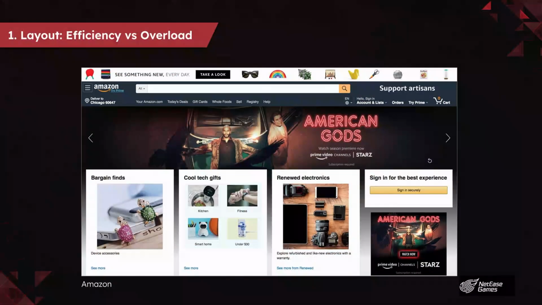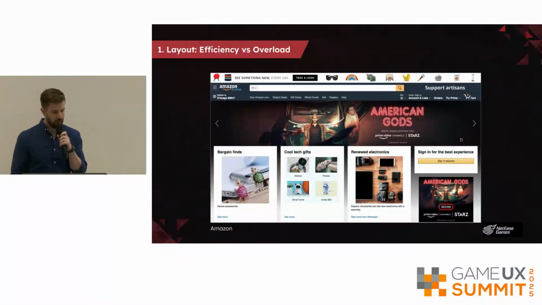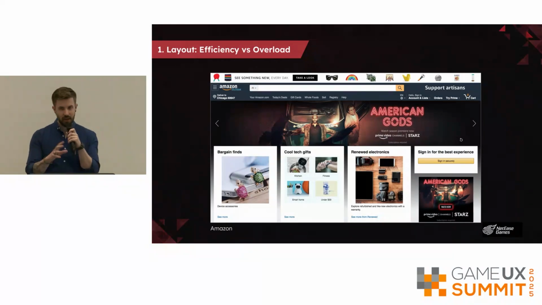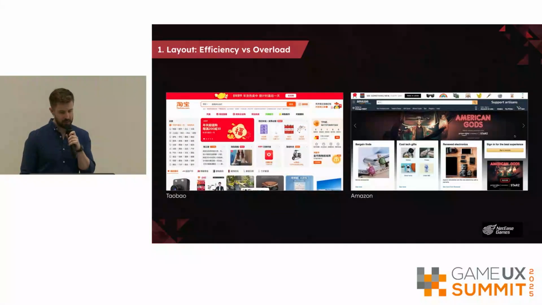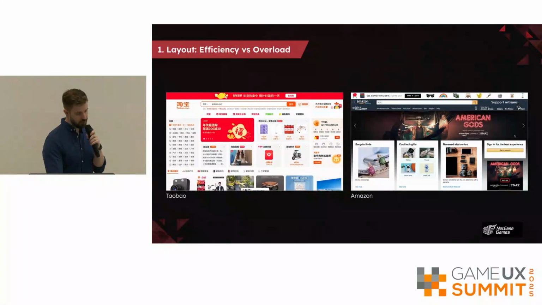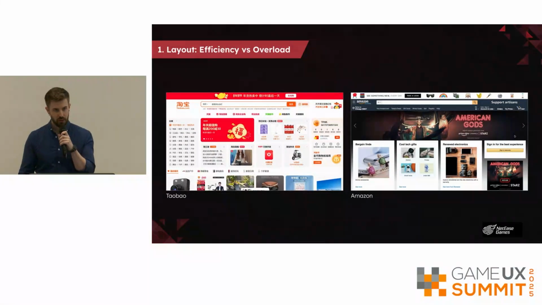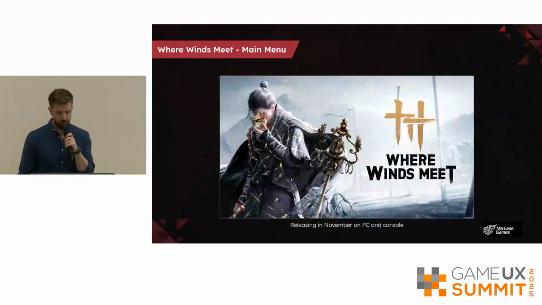You might look at Amazon and you think, this is more intuitive, this is what I'm used to. But if you flip the perspective, what if a Chinese user opened Amazon for the first time? How might they feel? From talking to many of my colleagues, they might feel like it's really empty. They feel like it's unfinished. They also hate the idea of swapping between screens to find what they're looking for. And side by side, you can really see that difference in information density, information architecture approaches, and so on.